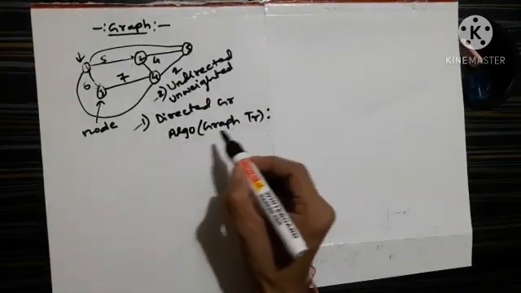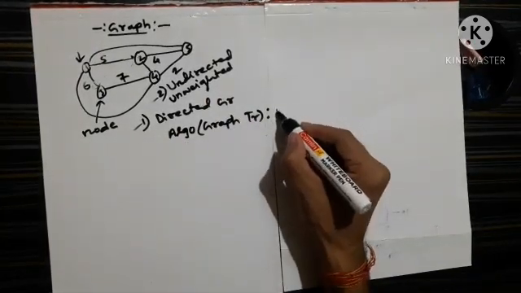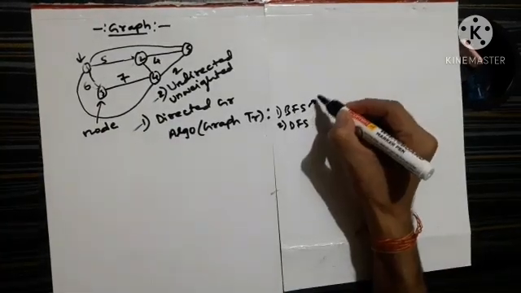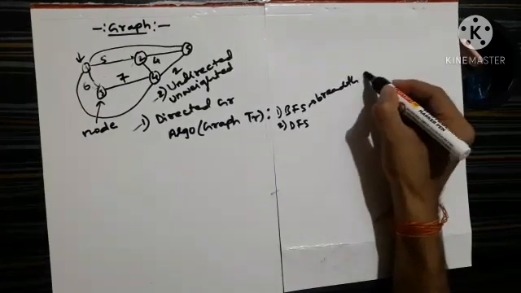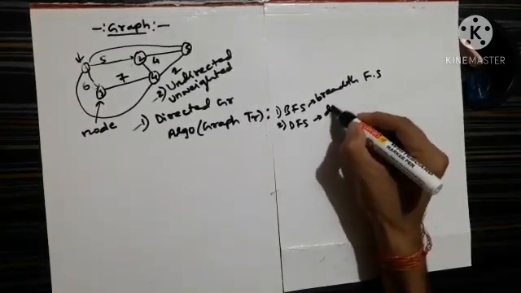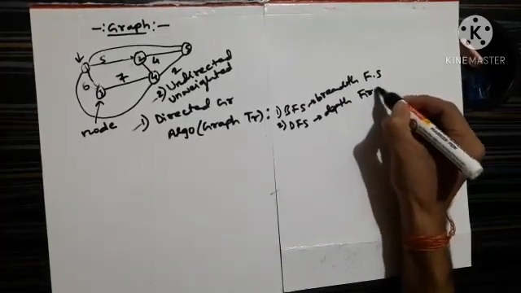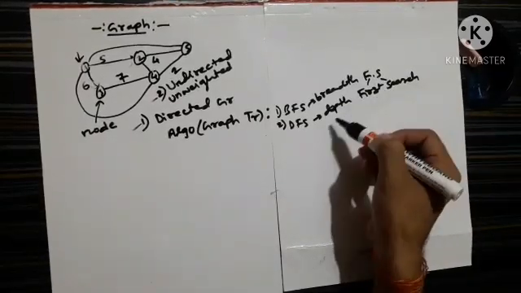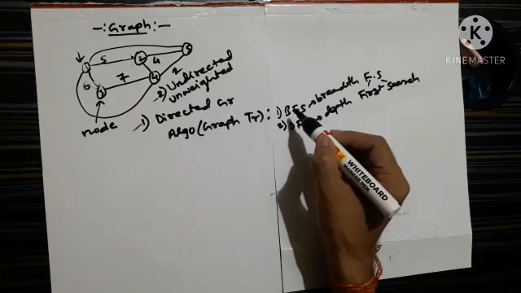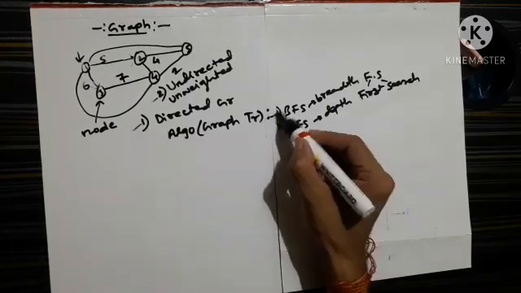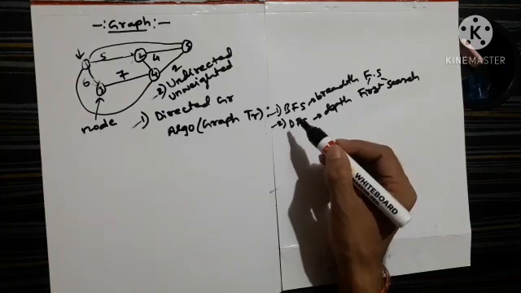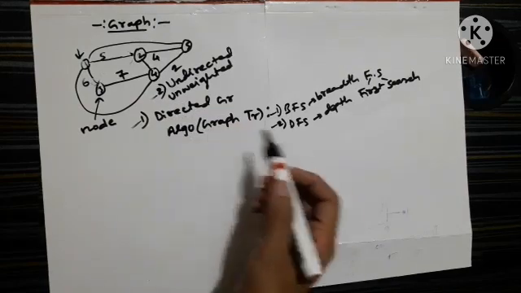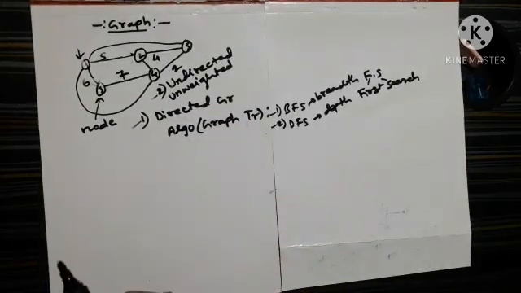There are basically two kinds of graph traversal algorithms. The first one is BFS traversal, and another one is DFS traversal. BFS means breadth first search algorithm, and DFS is depth first search algorithm. These are the two: breadth first search and depth first search. We'll see lots of problems which are simply based on these two algorithms, and with the help of these two algorithms we can even traverse this whole graph. So how we can achieve these things, we'll discuss now.